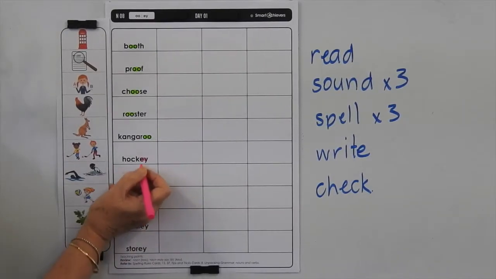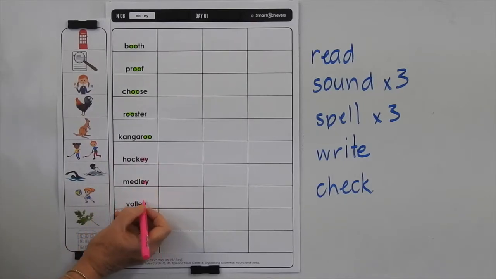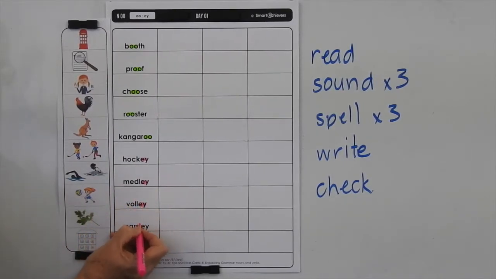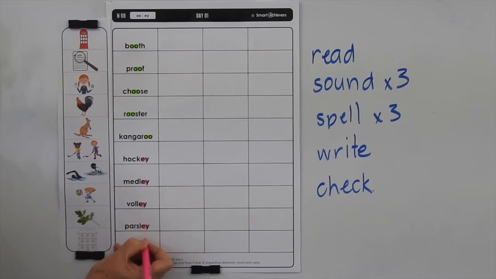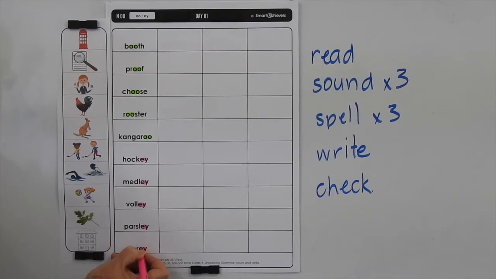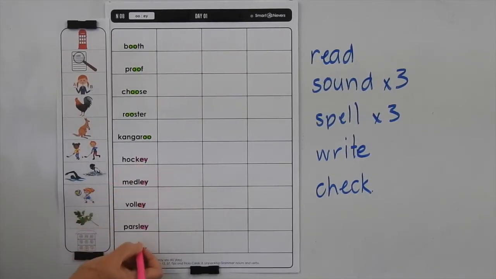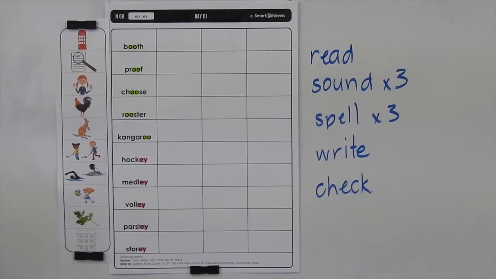There's only about 10-15 words that end in EY. So if you're not sure if it's Y or EY, go for the Y, because there are thousands of words that simply end in a Y. There's very few, and they're not all that common, the words that do have EY on the end of them. So choose another colour, and we're going to go back and highlight some of the other things we can see